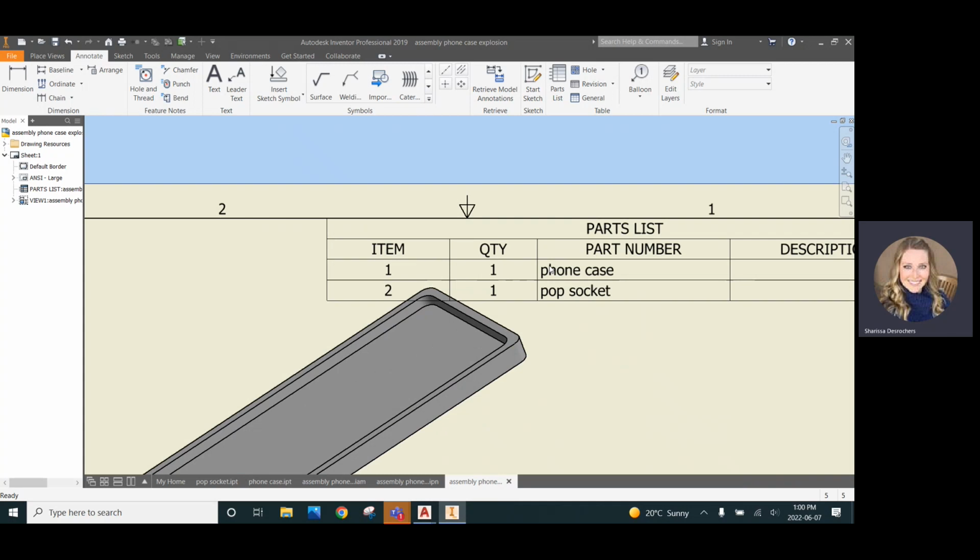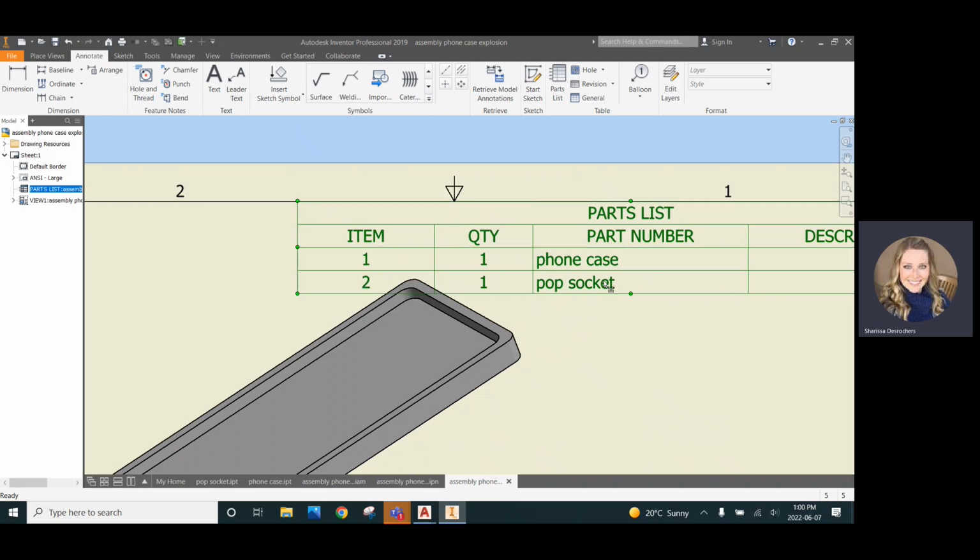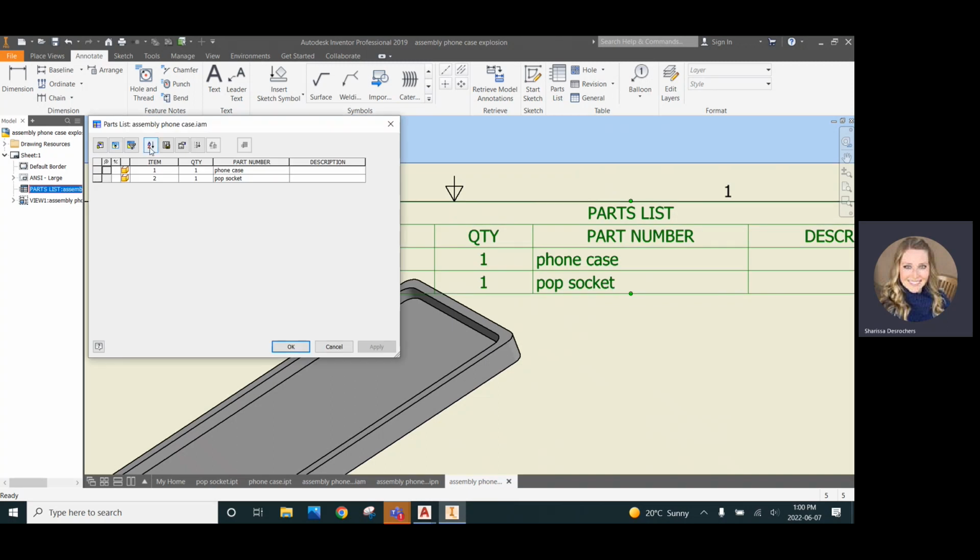Now my parts list is formatted kind of silly. I don't need this description, but you can see one phone case, one pop socket. I can double click this and I can edit my columns. So I want to go into